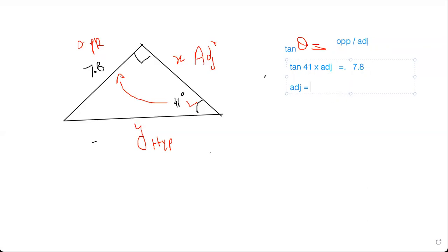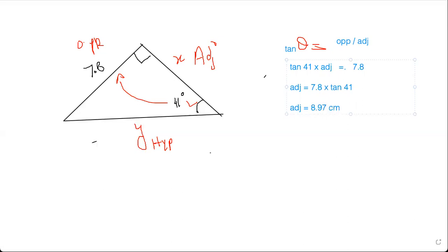So we have to make adjacent the subject. We have to make adjacent alone here. So adjacent is equal to 7.8 as it is, which is opposite, and tan 41 means tan theta. That is multiplying with the adjacent. You can shift it toward the right side. It will multiply. You can put everything in the calculator. You can find the value of adjacent by 7.8 multiplied by tan 41. You will get 8.97